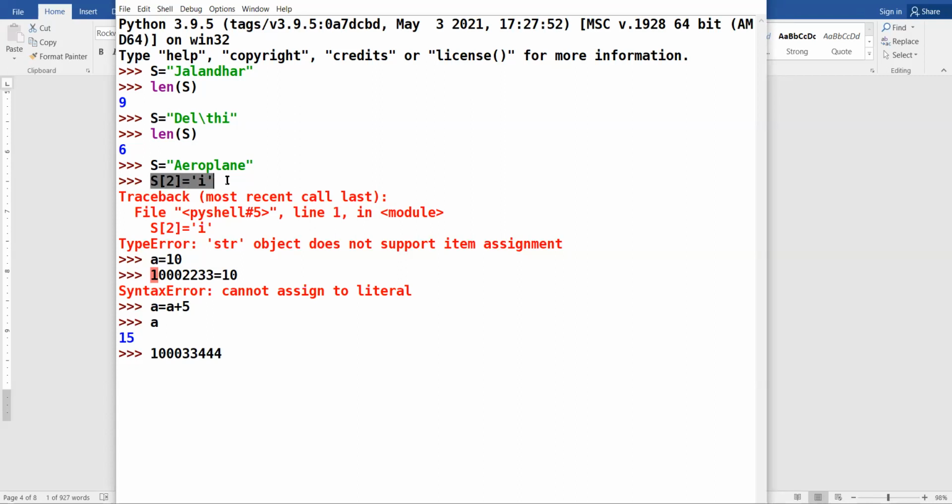I try to assign a new element to the second index. Python indicates an error. I repeat the statement. I try to assign a new value to the second index. Python indicates an error. String does not support item assignment.